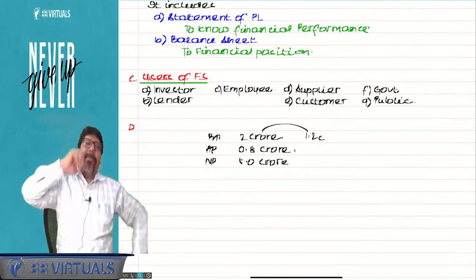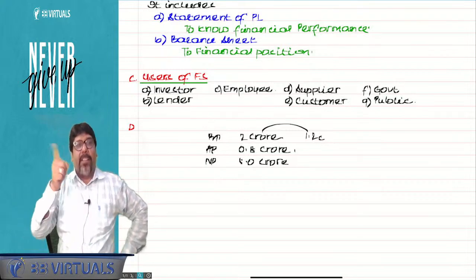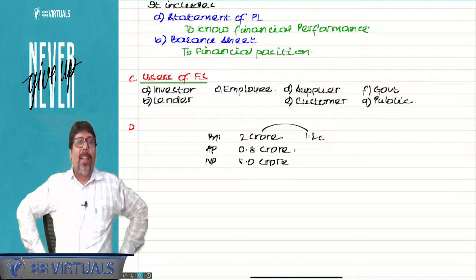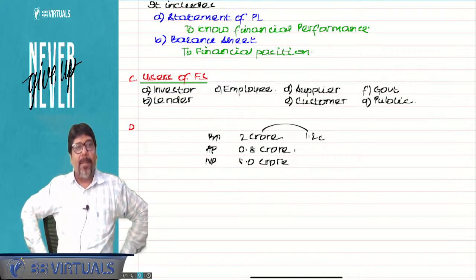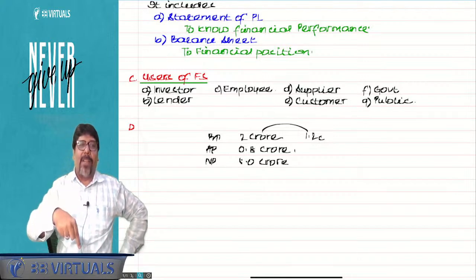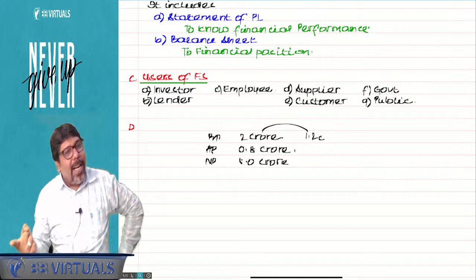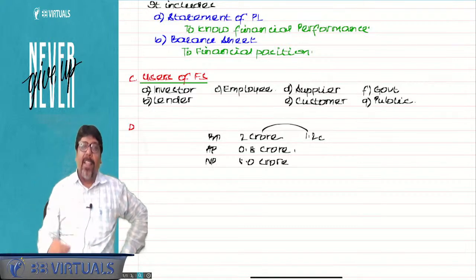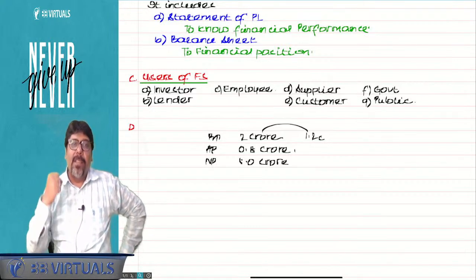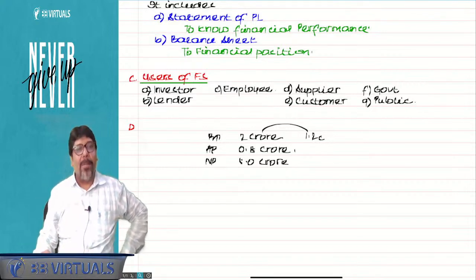Then our parents will immediately ask the next question. Acha, you got 95%. Tell me, last year how much did you get? Last year, if you tell them that you got 97 and this year you got 95, again belting. But if you say last year you got 93 and this year you got 95, then they will say work hard, improve further. Are you understanding?